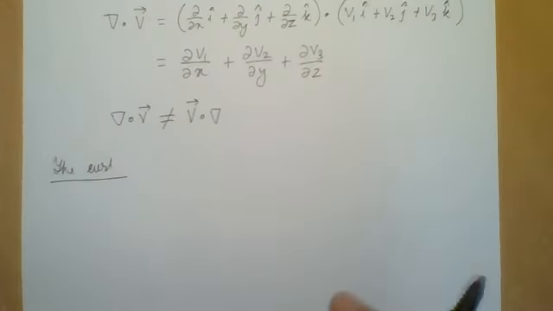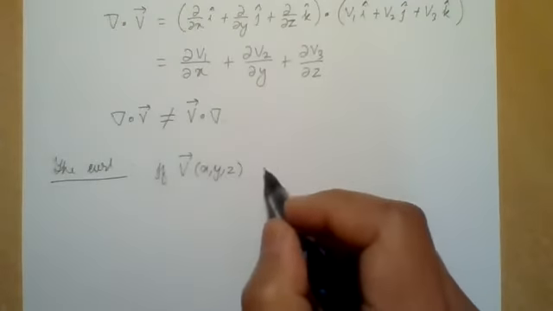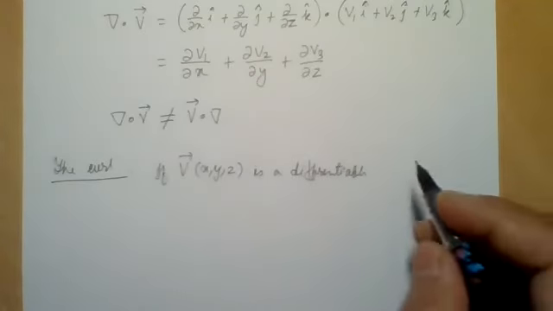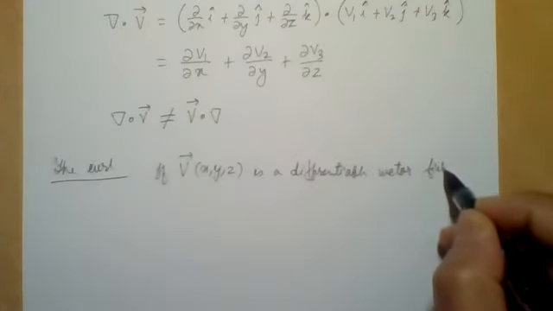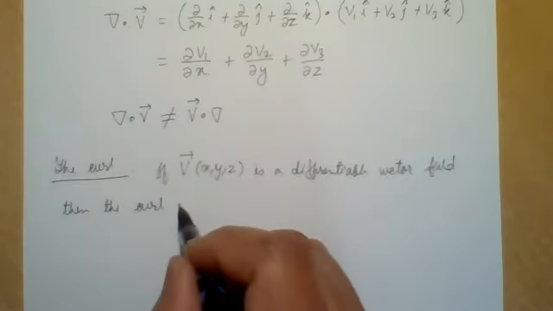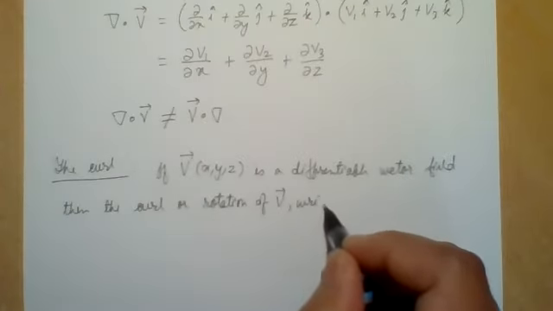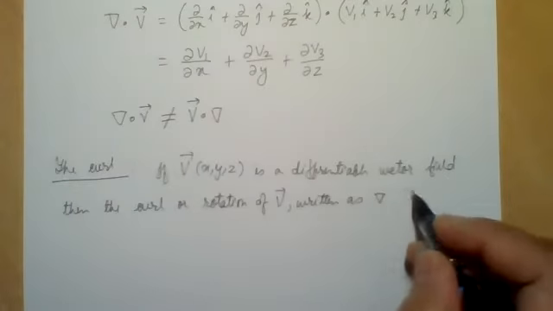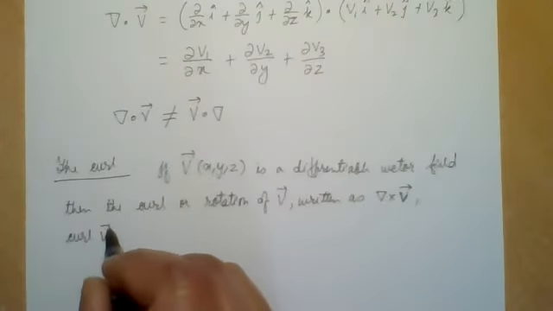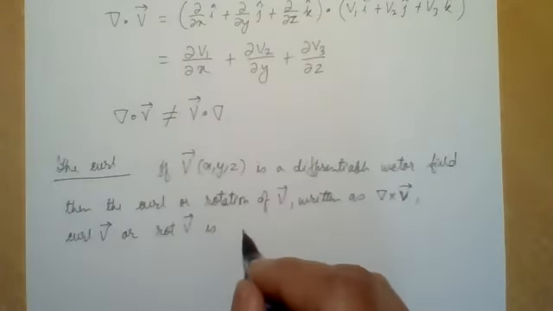Okay, the curl. If v(x, y, z), v is a function of x, y, z, if the vector v is a differentiable vector field, then the curl or rotation of v, written as del cross v or curl v or rotation of v, is defined by